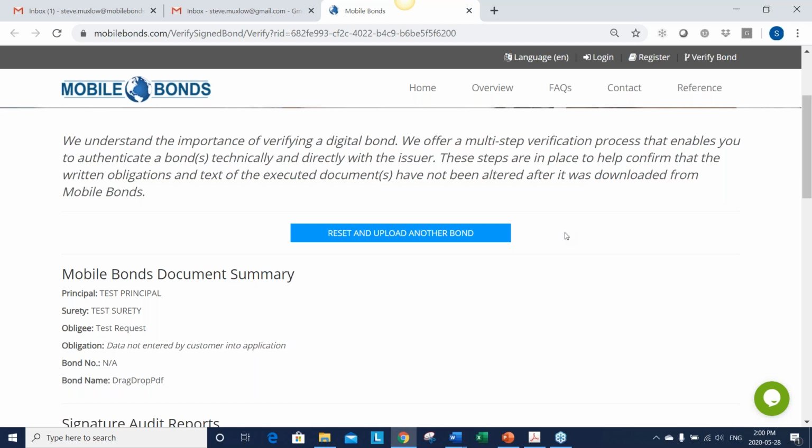you'll find as you're talking about digital bonds that there could be different ways to verify the document. What we did was we looked at the guidelines, the best practices of the surety bond industry way back when, and just to understand what is the purpose of the verification.